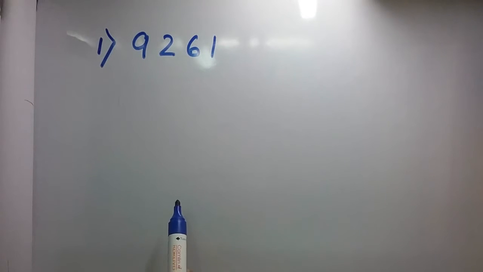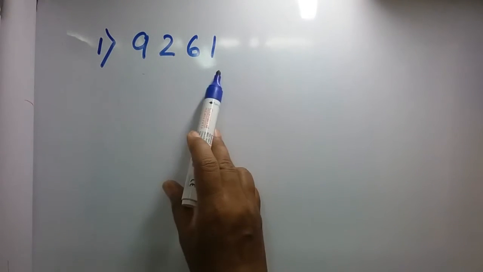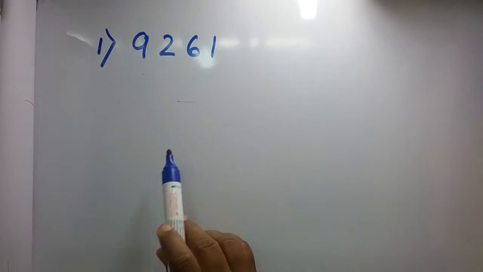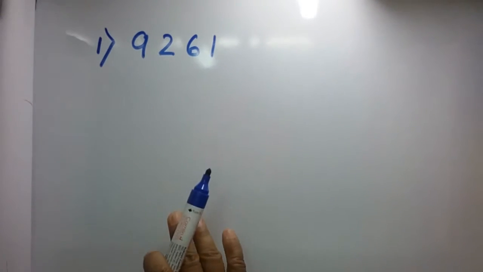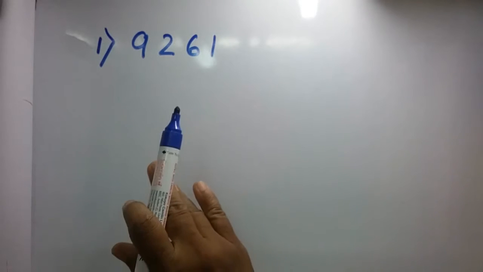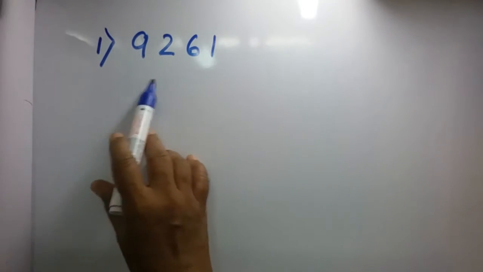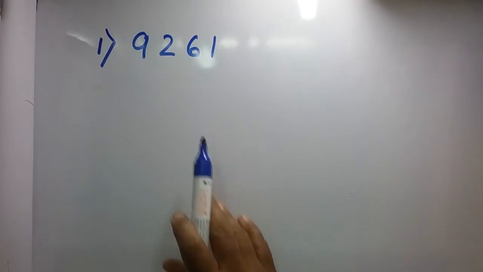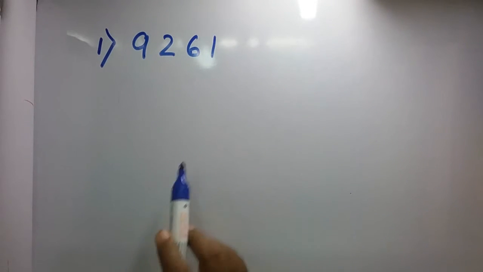Here we are going to study how to find out the cube root of any given number in 2 seconds. It's easy to find with the help of factors, which is already taught to you. Now in 2 seconds, if you want to find out the cube root, you don't want to take out the entire factor, still you can find out. So we are going to study that here.